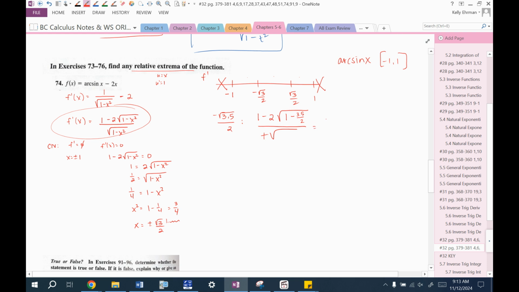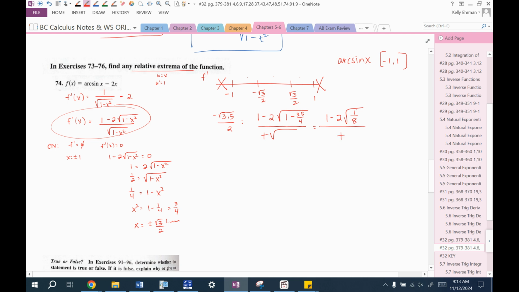So this is like 1 minus 2 times, so let's see, this would be, oh, no, wait, now what have I done here? Oh, this should be over 4, sorry. When I square radical 3.5, I get 3.5. When I square the 2, I get 4. Okay, so 4 minus 0.5 over 4 is the square root of 1/2 over 4, square root of 1/8